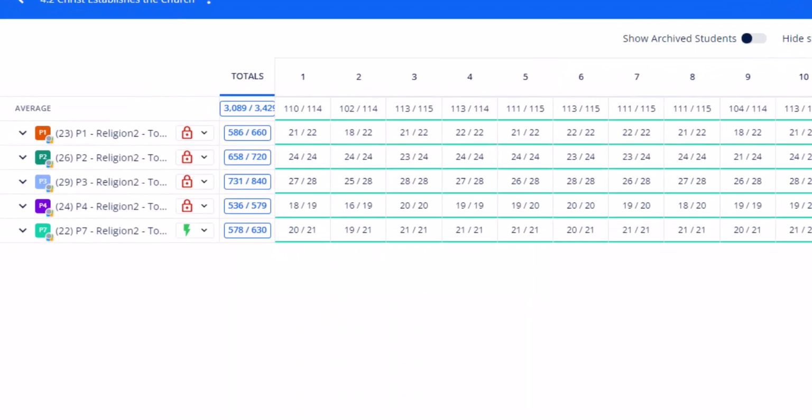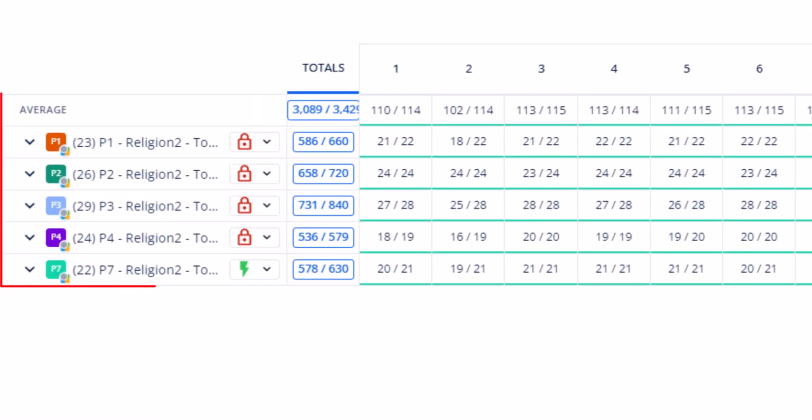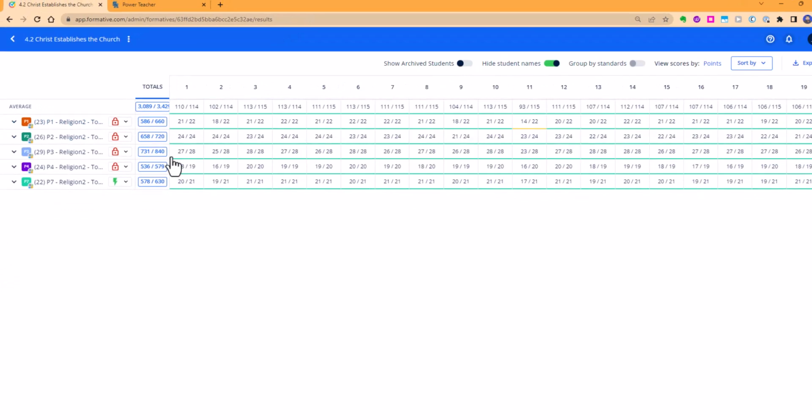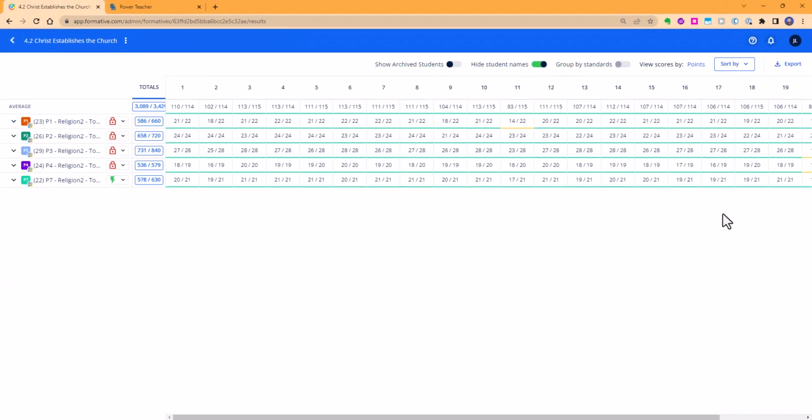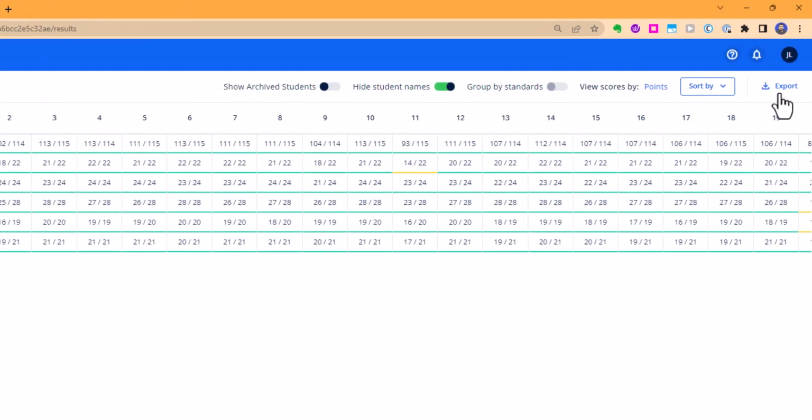Here I've got a formative that was assigned to 5 different classes. Whenever you assign the same formative across multiple classes, the results all appear on a single page. Now, if I wanted to begin the process of importing my grades to Aries, I would need to locate the export button,